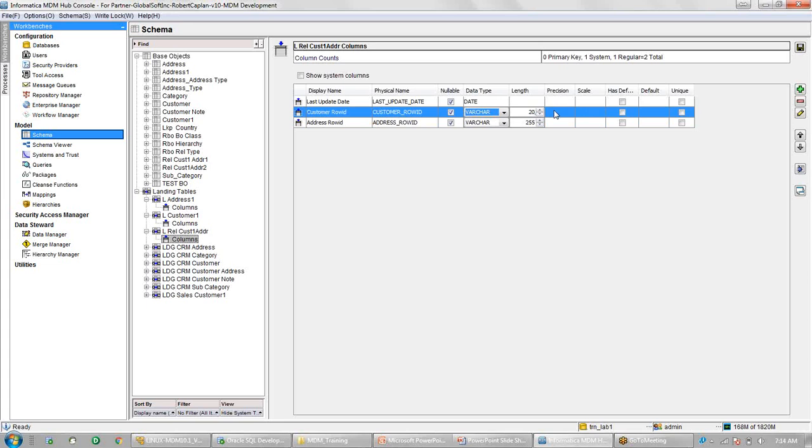But just as a general practice, in this column I am passing the primary key PK source object value, and the PK source object size is 255 characters. So just as a general practice, we can keep it 255, but it is not mandatory. You can keep it a smaller size also.